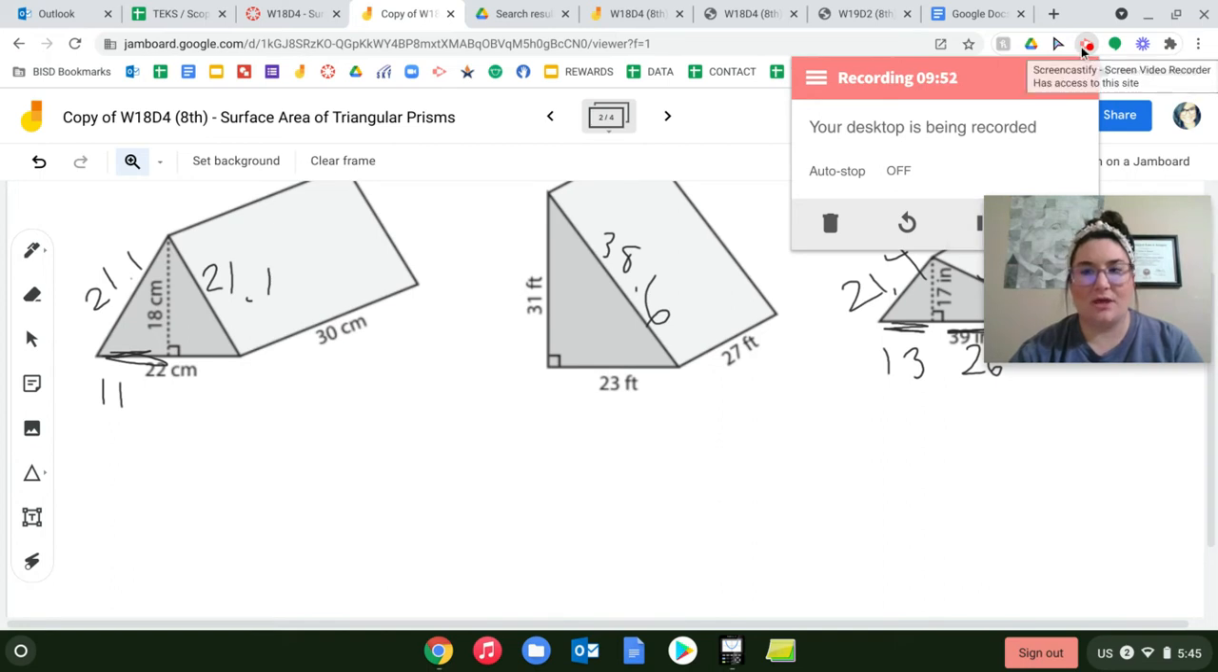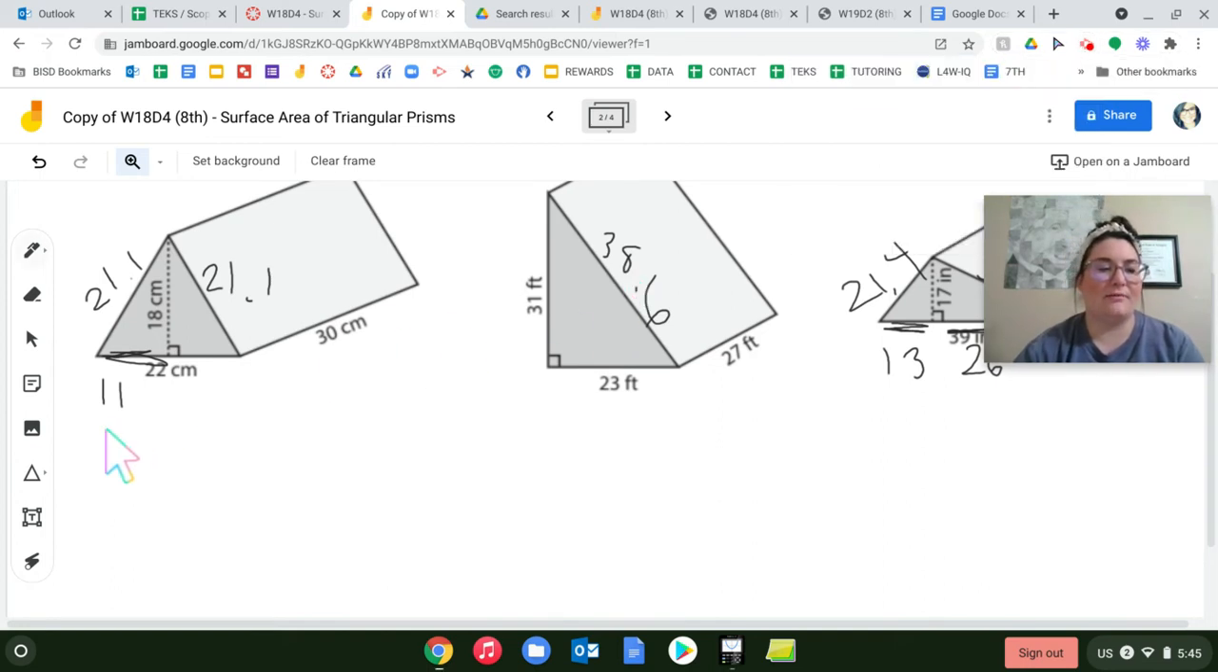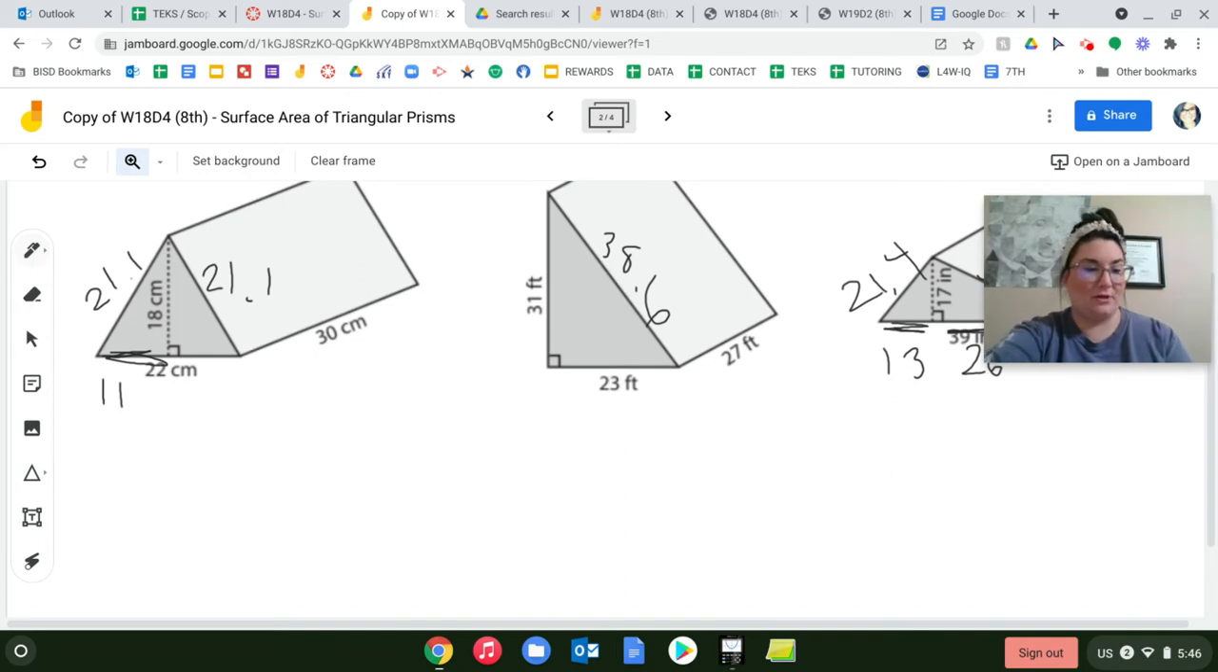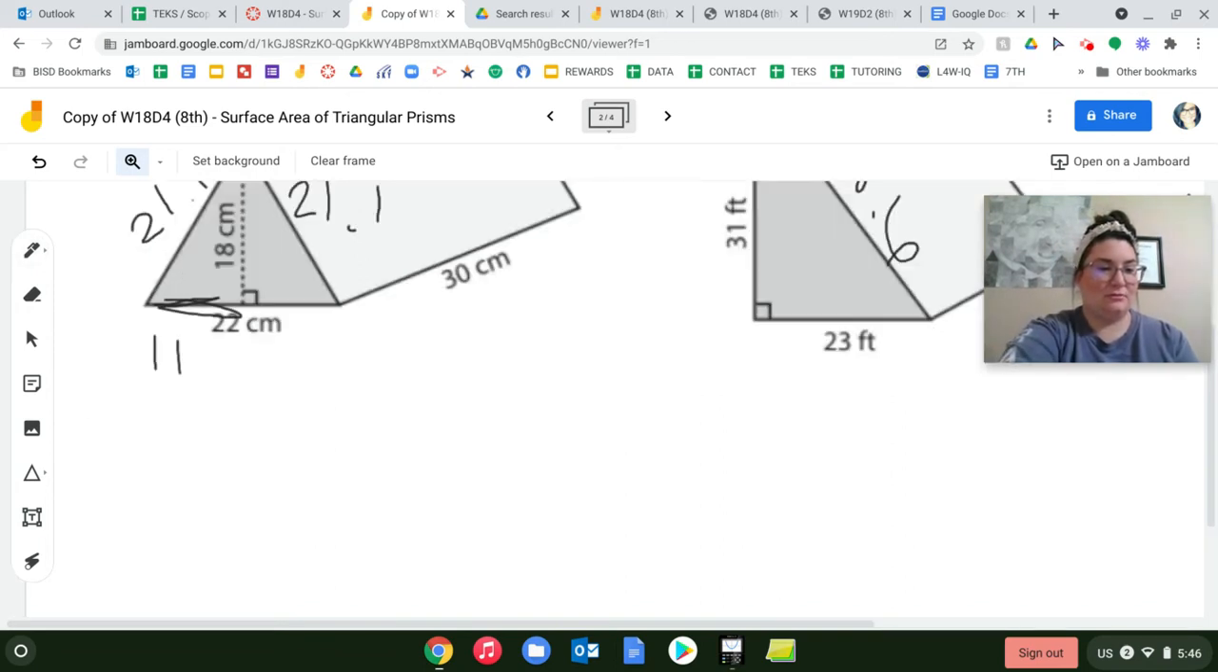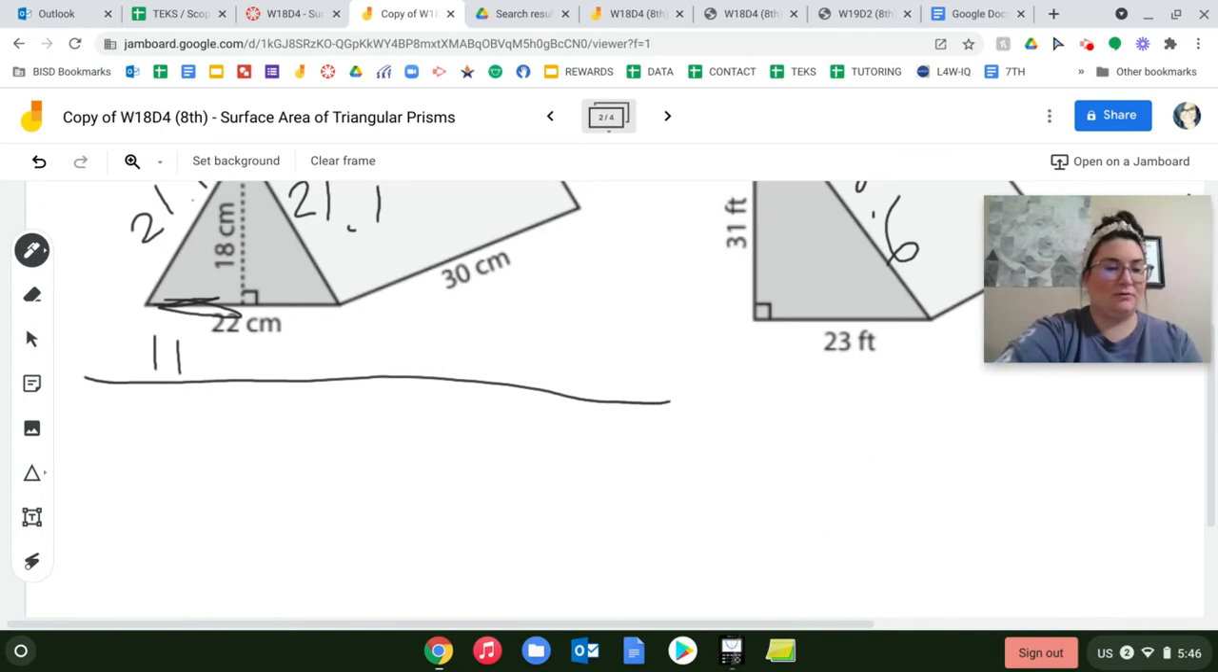Okay, so now we are ready to come in here and solve. Just like our other shapes, the first thing that we are going to want to do is start with our formulas. So we have lateral, oh, let me get my pen tool here. I'm just going to draw a little line here. We have lateral surface area